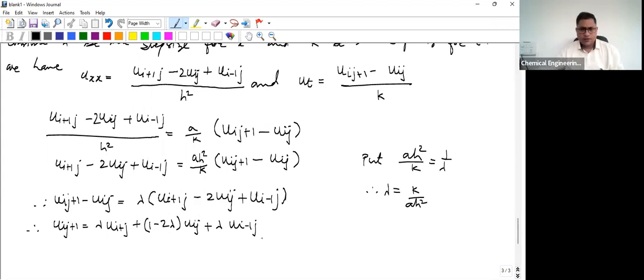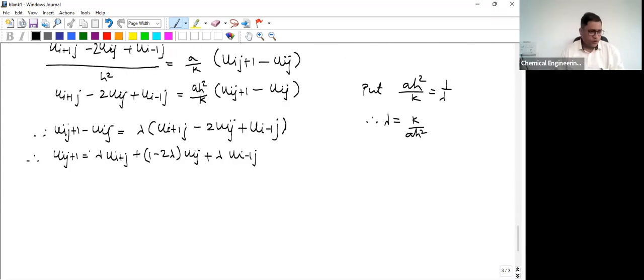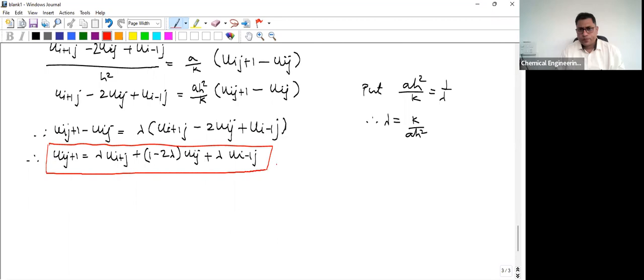Okay, so here, this is the formula we can have. Calculate u i, j plus 1. Again, now we can have the initial conditions, so with the conditions,